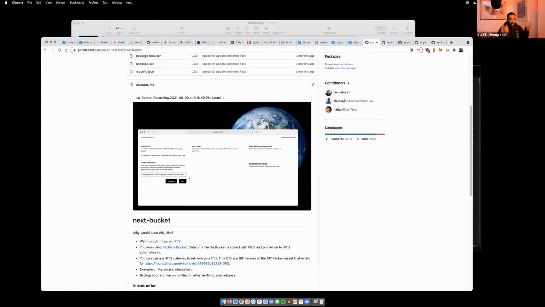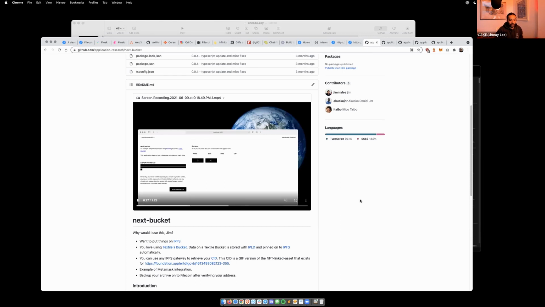So we use Textile on the back end, and then you can pin anything you want to IPFS and get a CID back. And a CID is basically the underlying off-chain data for all the NFTs in the world. So you can kind of use this example to get started, although I would say that today Web3 storage and NFT storage are better at this than NextBucket, but still a pretty good